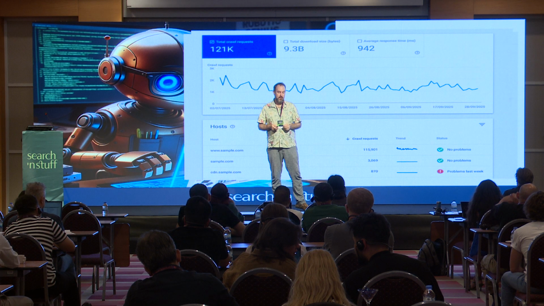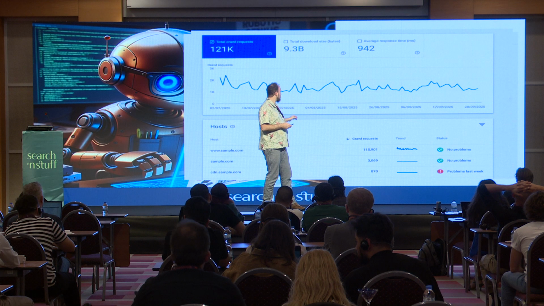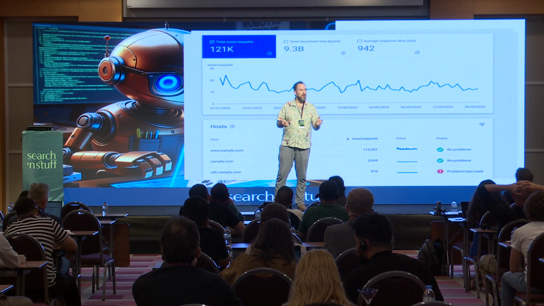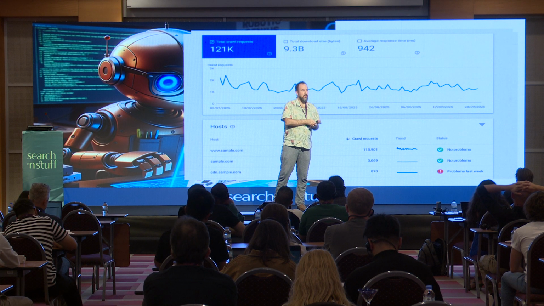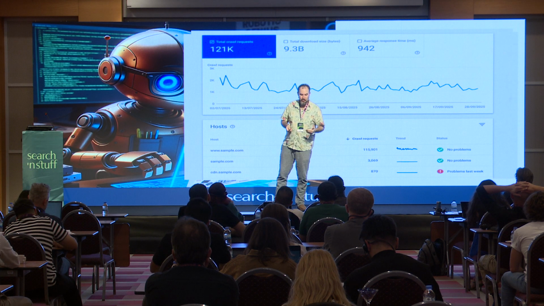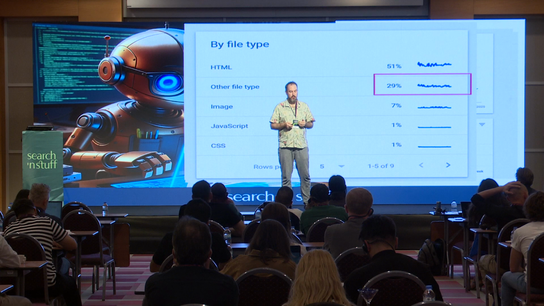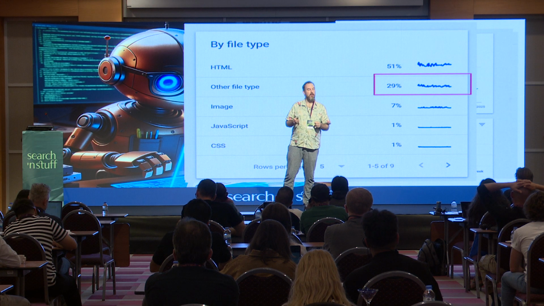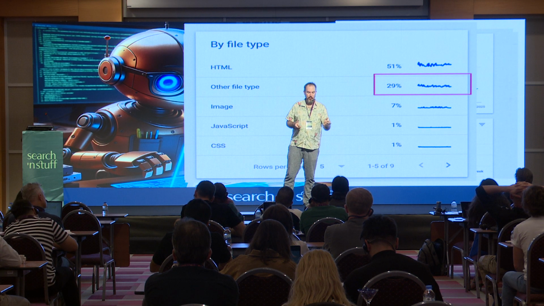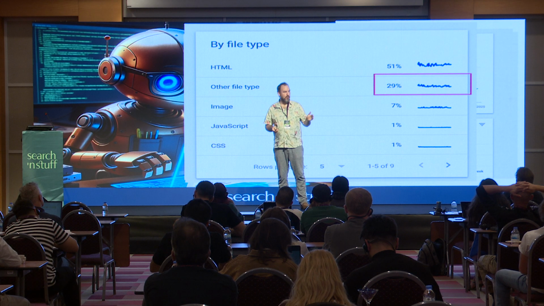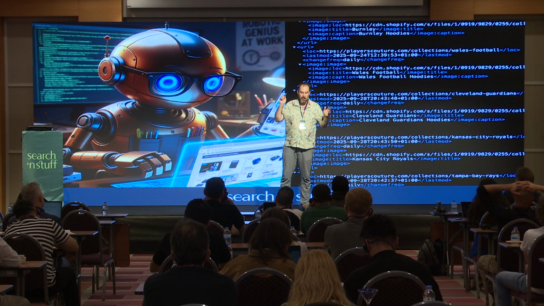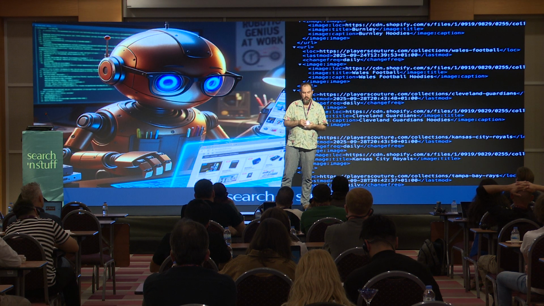Go and look in the settings, have a look at the hosts, because I've seen a lot of the time that this host thing has gone a little bit weird. I say that because often Google will be hammering a host which shouldn't be driving any traffic, and I'm trying to figure out what's happening there. One of the interesting things was that other file type, that 29%, that was all fonts. We couldn't figure out why Google was hammering the font files quite so much. And yeah, basically also making sure the XML sitemaps have got all of the opportunities and all the things built into them.